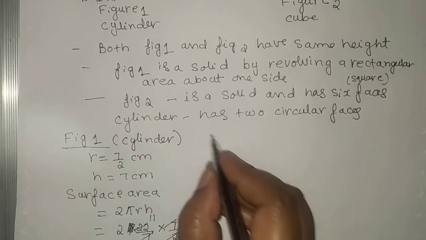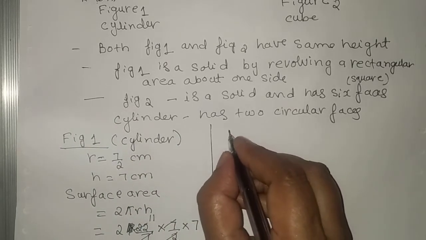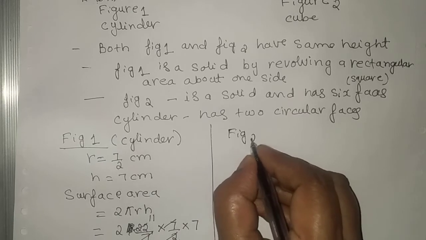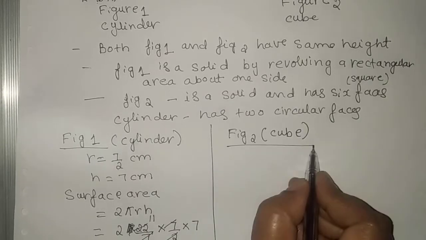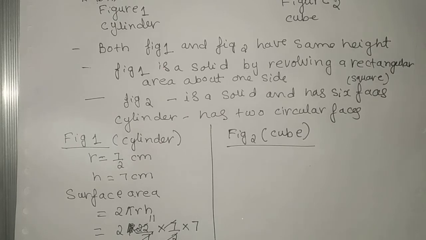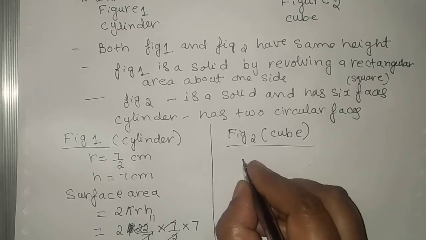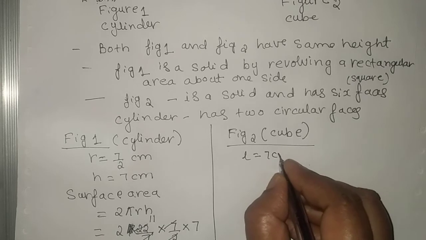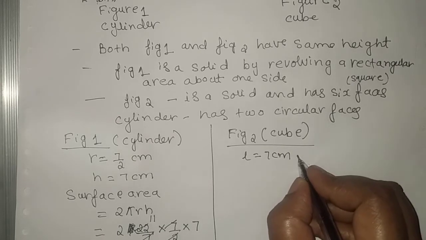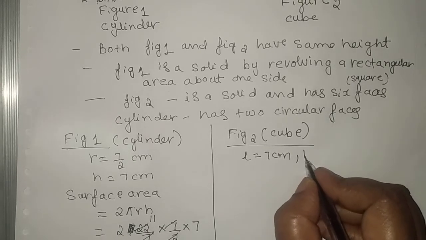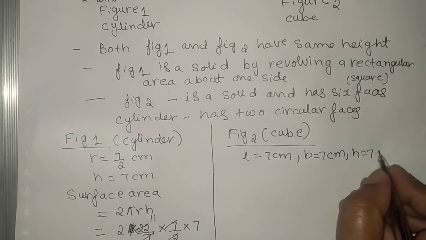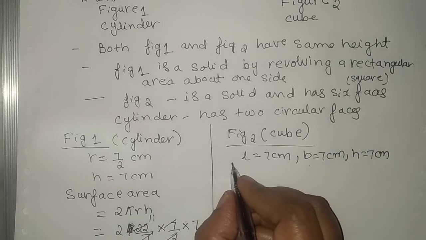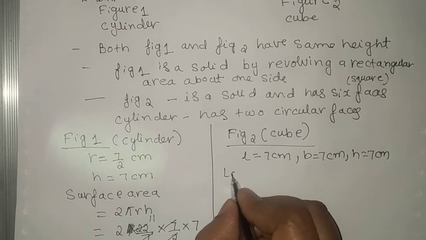So surface area will calculate now for figure 2, that is cube. See what are the data given. So all length is equal to 7 centimeters. They are given in the diagram. Breadth is 7 centimeters and height is 7 centimeters. So lateral surface area,